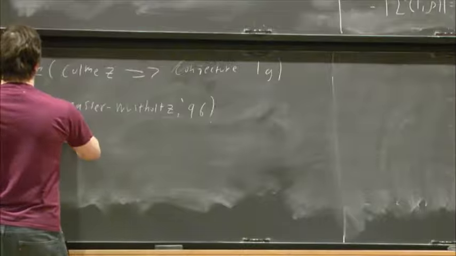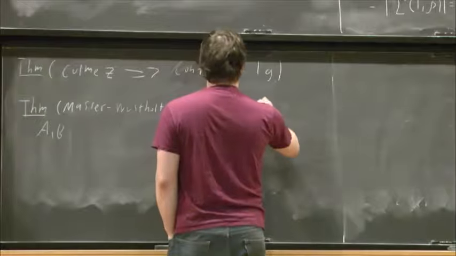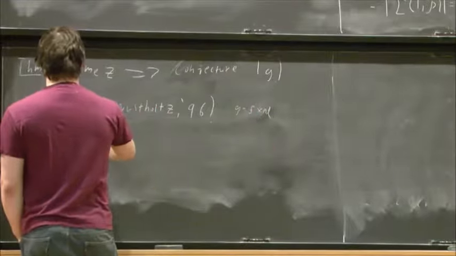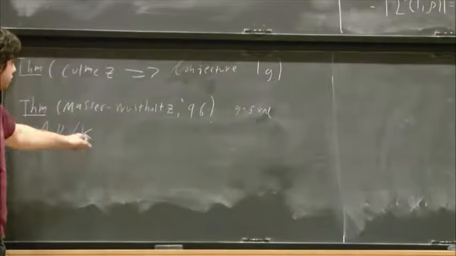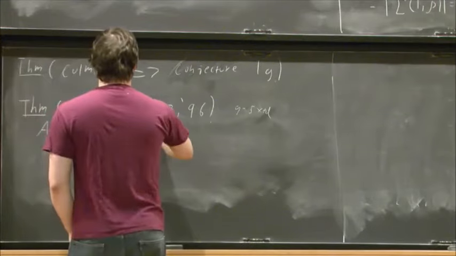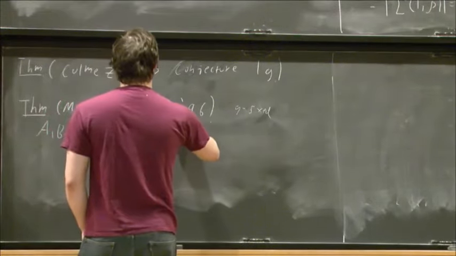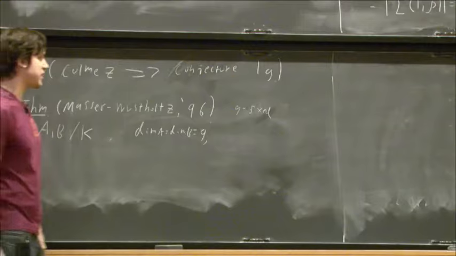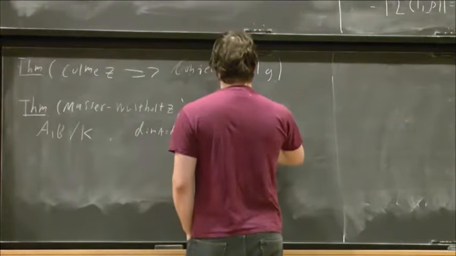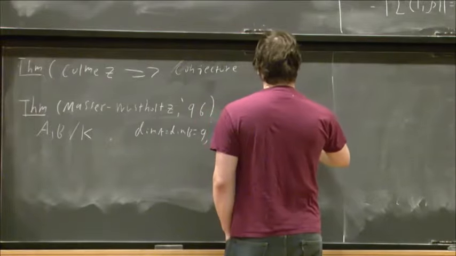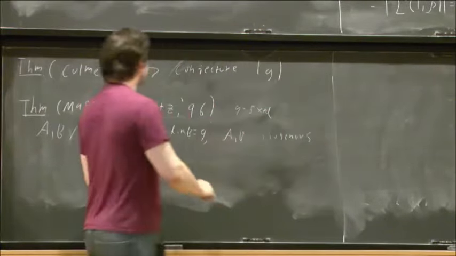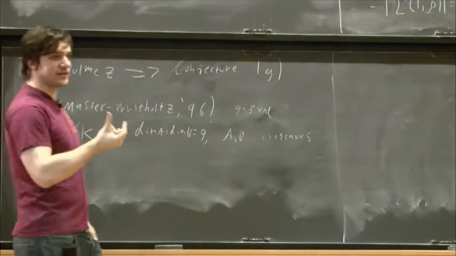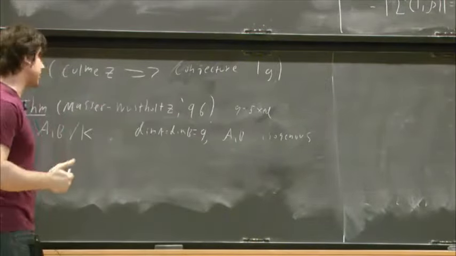So suppose that A and B. So once again, let's fix g. Always fixed. And suppose A and B are abelian varieties over some number field K of dimension g. And say that somehow I know that they're isogenous. So now there exists some magical isogeny between them. So then it turns out that there's in fact an isogeny between them that's not too big. It has a degree that's not very big.